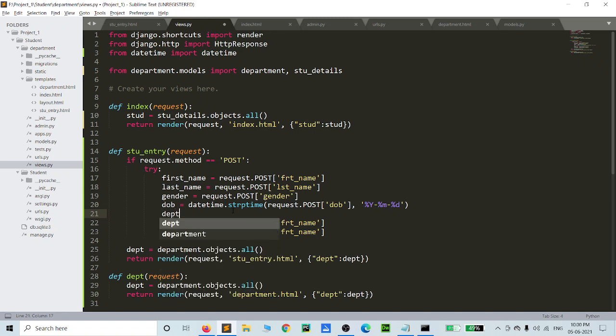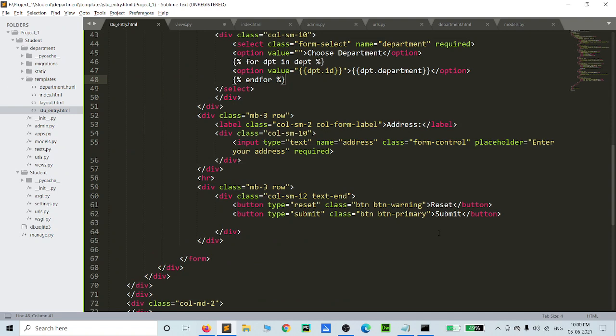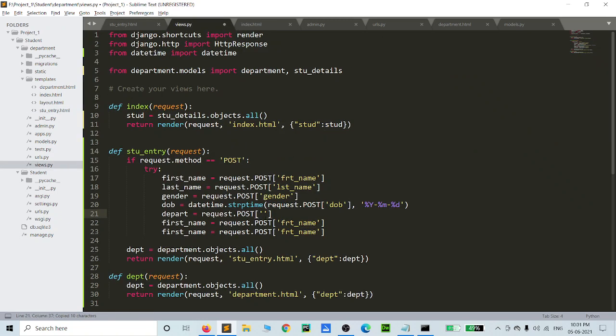Like that, the department name is depart. Request.POST method, then what is given in the method, the department. Like this, add one department.